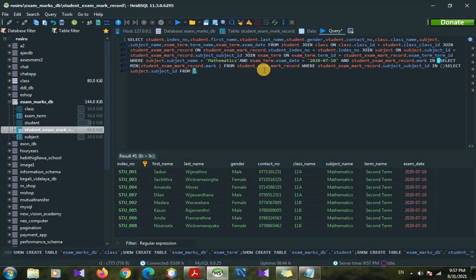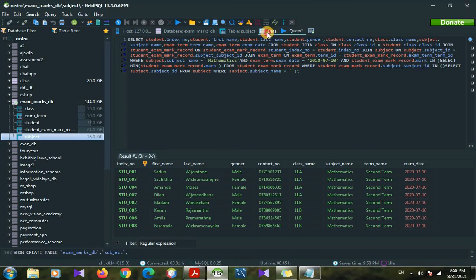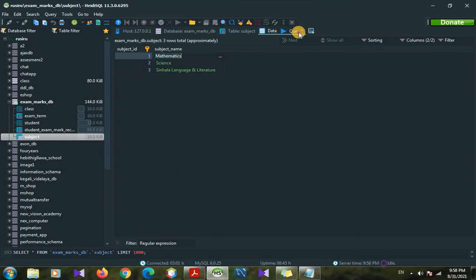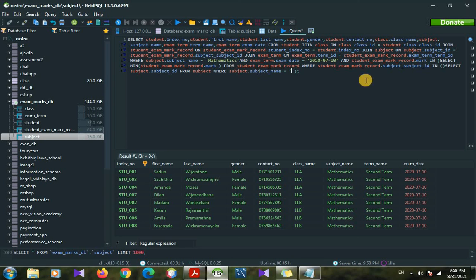So here subject id from subject table, where subject table dot subject name equals, inside the quotations, mathematics. So here it's asking the subject mathematics. We can go to the subject table data tab and copy the word mathematics, so we can paste it here. But we should put this query inside the bracket. So here we can put another closing bracket here and a starting bracket here.